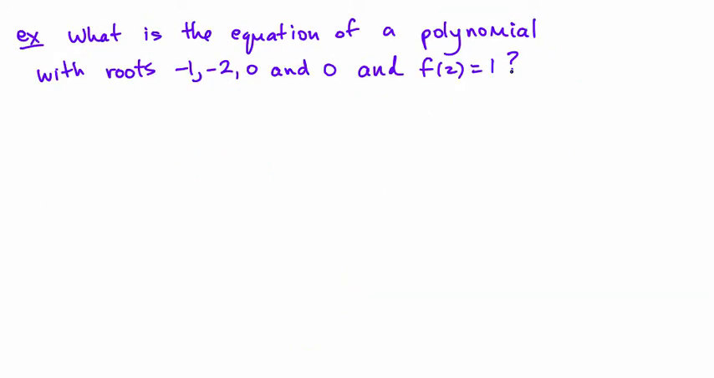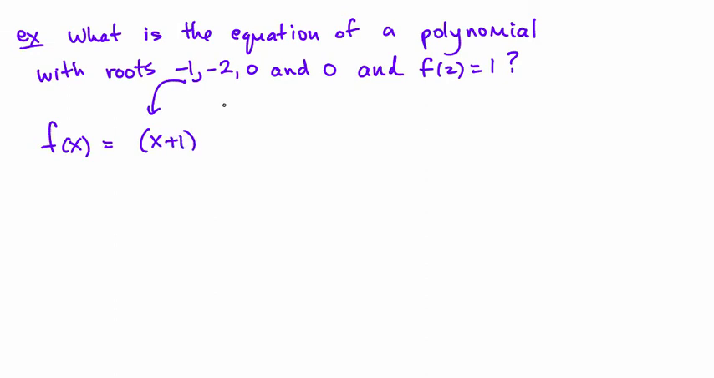So can we find out what the equation of a polynomial is if we're given some roots, -1, -2, 0, and 0, so multiplicity of 2 on those zeros, and some extra information. It has to go through a certain point: when x is 2, y is equal to 1. So, okay, well, let's start by writing down our function,